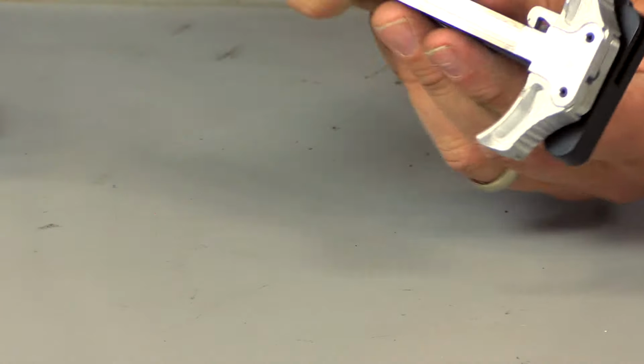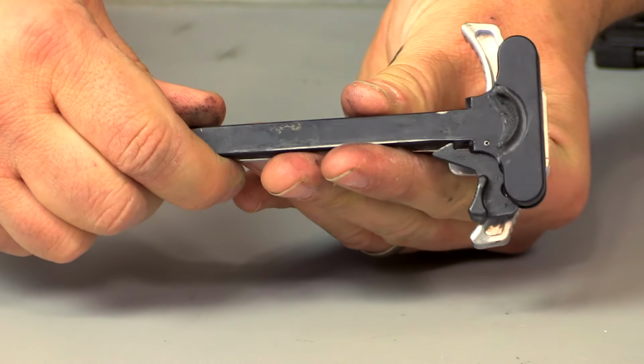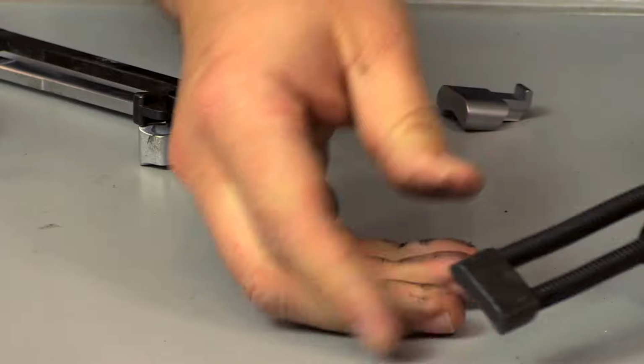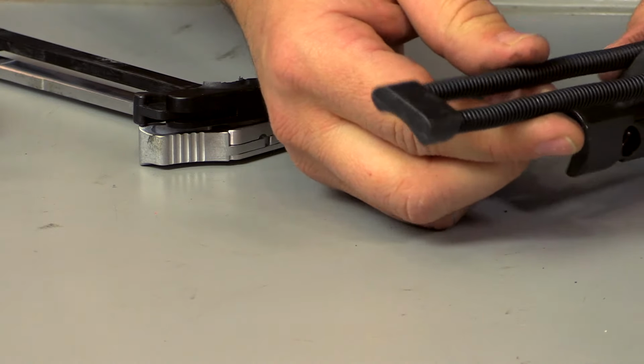It's not a huge, obtrusive improvement by any means where I'm going to worry about it snagging on gear or anything like that. I think it's a nice size. Now, if we compare the spring plates, you can see here's the factory spring plate, just pretty plain Jane, and